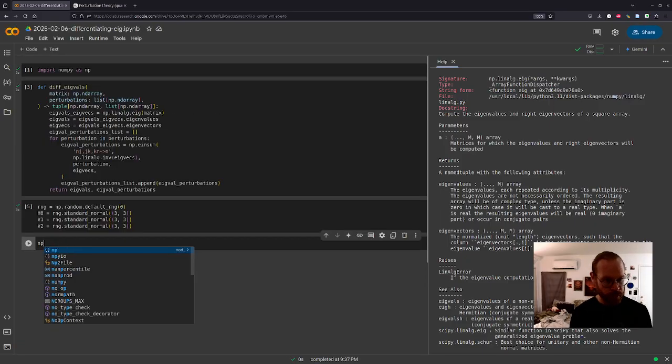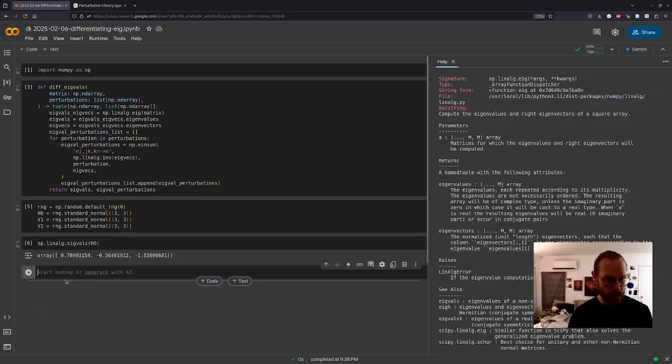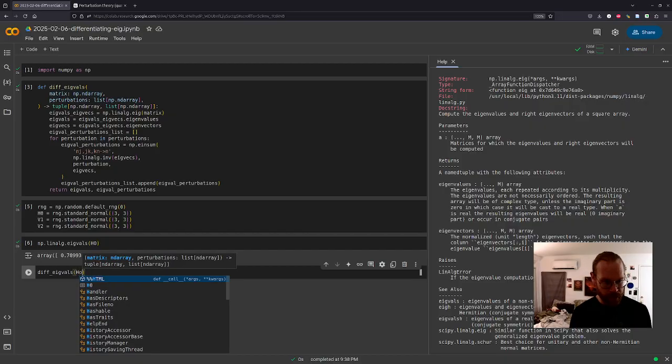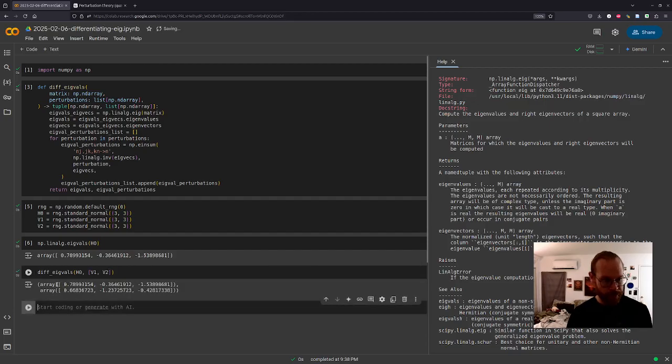Okay. So if I do this for h, I get my eigenvalues. If I do diff eigenvalues for h naught, and then my perturbations v1 and v2, I get the same list of eigenvalues.